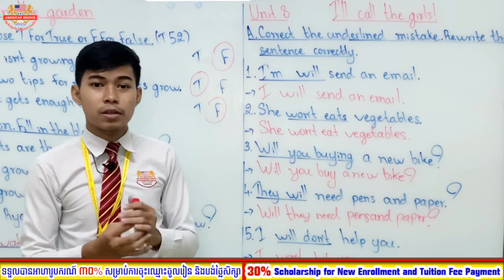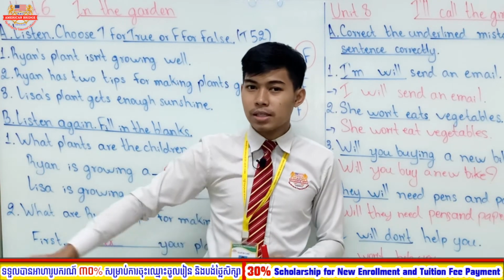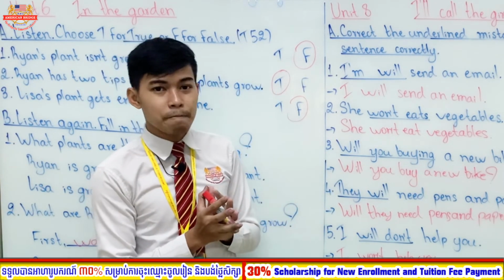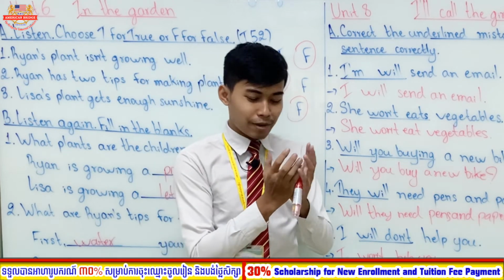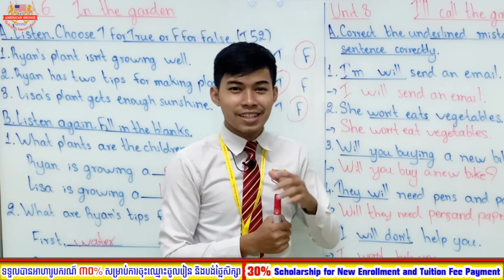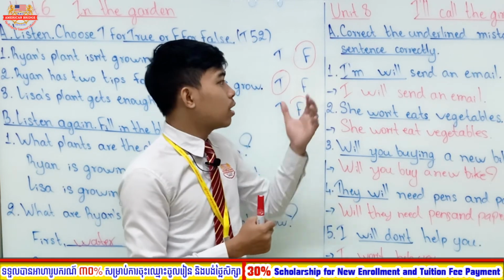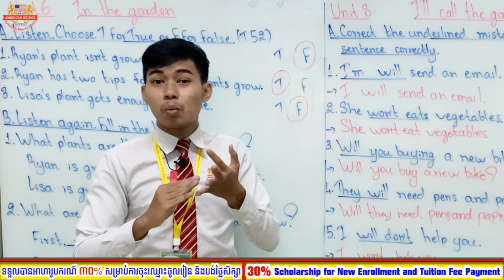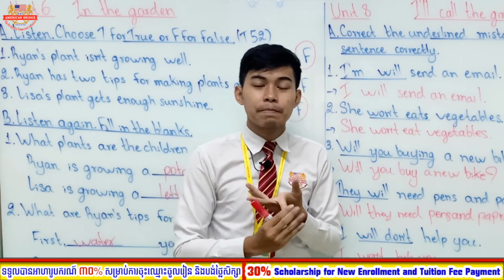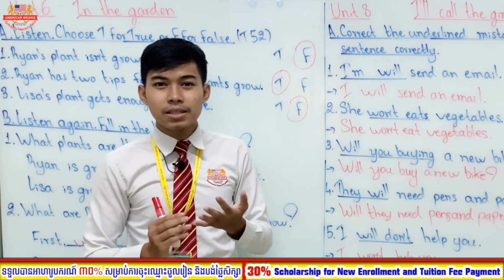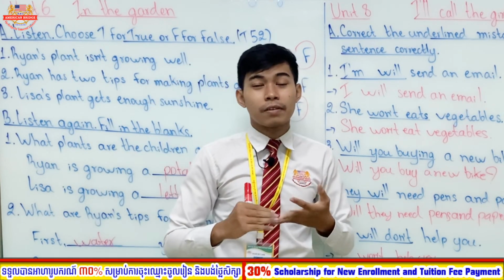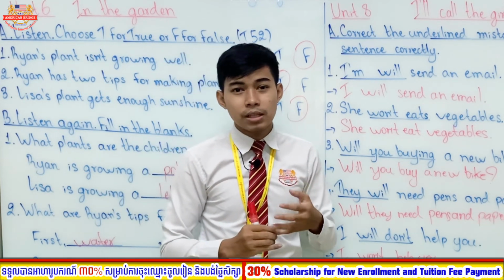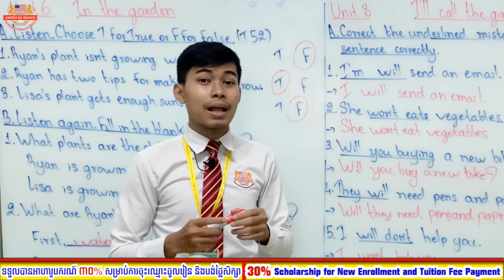So this is the end of our video. In the first session you did exercises about Listening Express 1, right? And in the second session we did five exercises where we corrected the mistakes of sentences that are wrong, using the word will. So remember the positive form: subject plus will plus infinitive verb plus object plus full stop. The negative form: subject plus will not plus infinitive plus object plus full stop. And for the question: will plus subject plus infinitive plus object plus question mark.